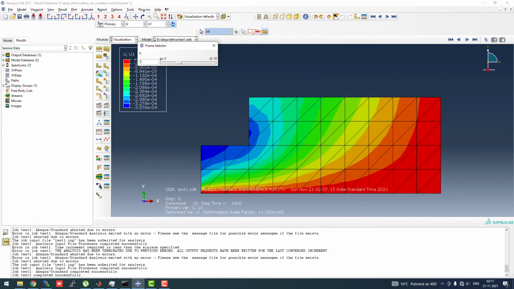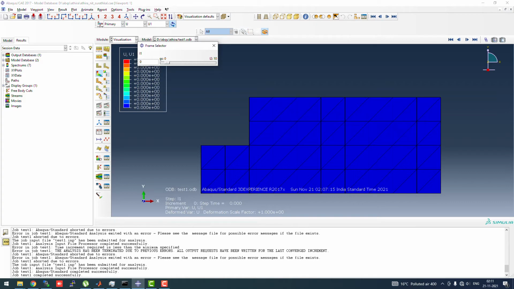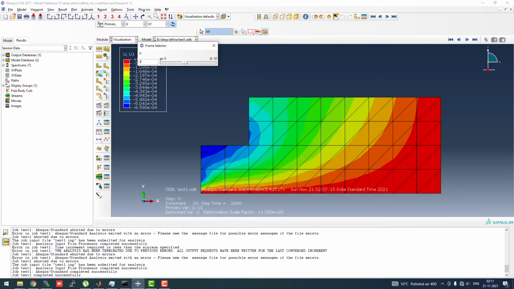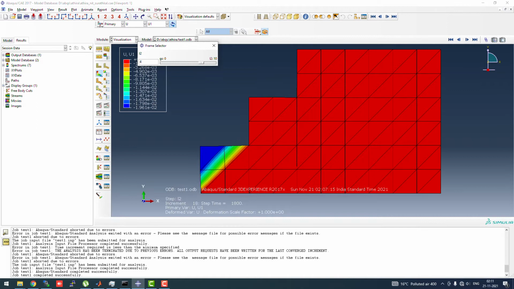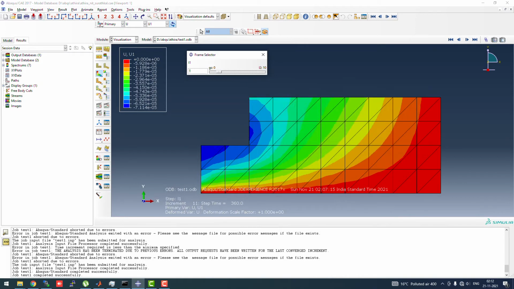So you can see here I have opened the output database file. It starts with a single layer. In a geostatic step there are zero stresses, and as it goes up it basically starts building the upper layers, the stresses get developed, and it goes like that. So basically what we are seeing here is that sequential layer by layer construction, and this greener bluer part shows a small failure. So we'll see how we can model this kind of sequential construction in Abaqus.